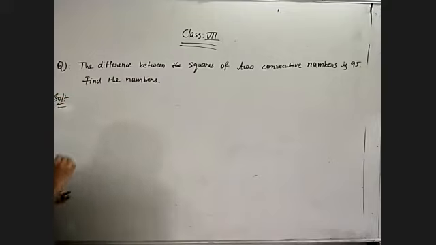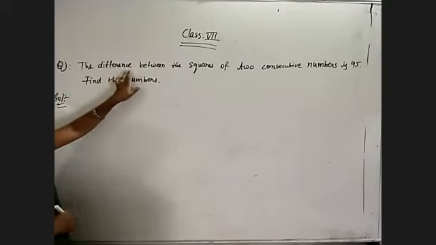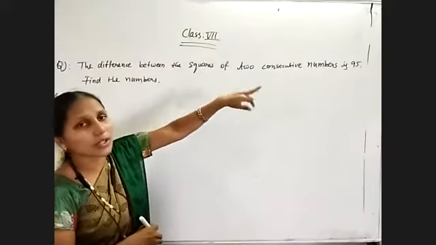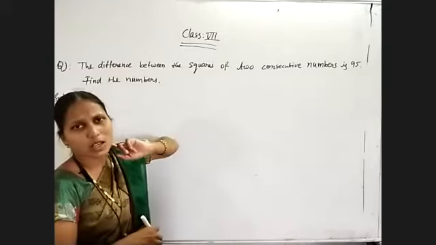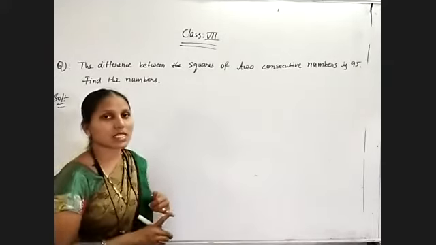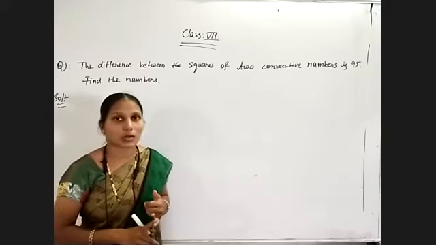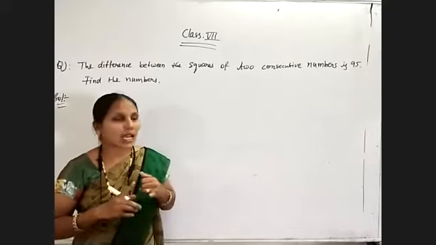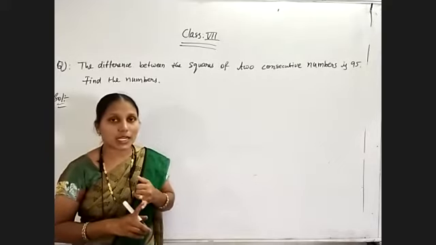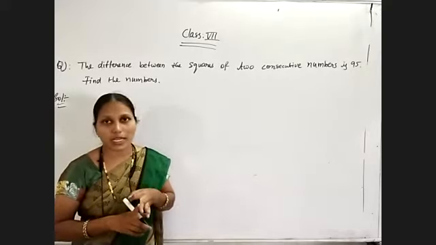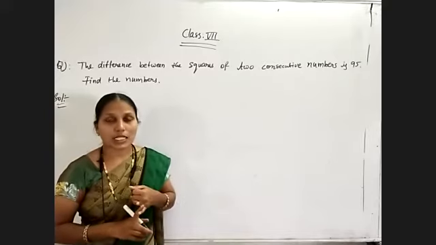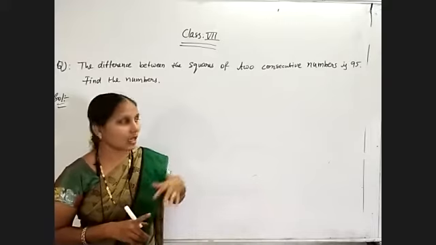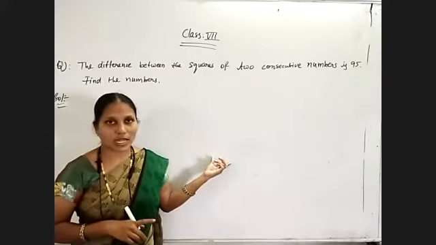So already I have explained to you the difference between squares. Keep this aside. First of all, what is given? Consecutive numbers, two consecutive numbers. Whenever there are consecutive numbers, I told you what the numbers are: x, x plus 1, x plus 2, like that we must take. And consecutive even numbers means 2x, 2x plus 2, 2x plus 4, like that we must take. And consecutive odd numbers means 2x plus 1, 2x plus 3, 2x plus 5, like that. The complete pattern I have also explained.